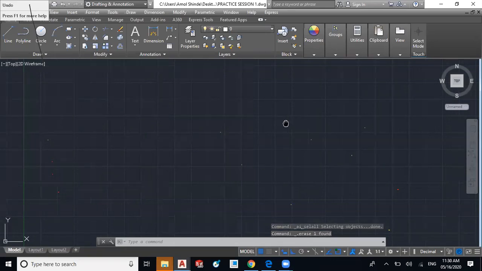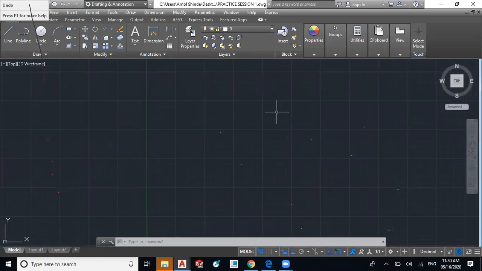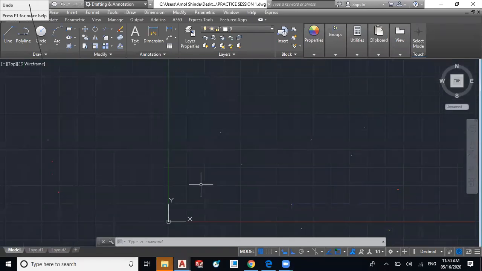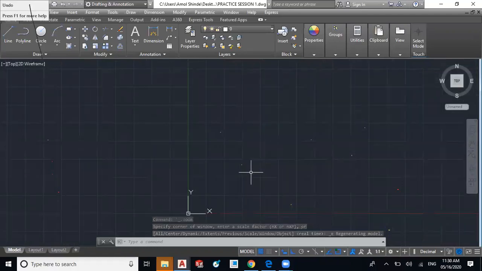Now double click on scroll without any drawing. Then whatever working space, working area we have defined by using the limits command, that will be fit to the screen. It means this green gridded line will be at about 30% from the right side of this user coordinate system. And it shows that you have used fit to screen by double clicking on scroll. So this is the benefit of defining limits.